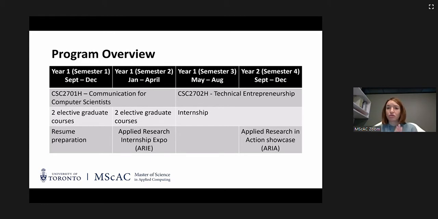And what is the structure of running a technical team look like? What are some of the techniques that they apply when they're trying to manage technical innovation at a company? So that's really what that course focuses on. And then the whole program culminates in the 2 things: the Applied Research in Action Showcase, which is where all